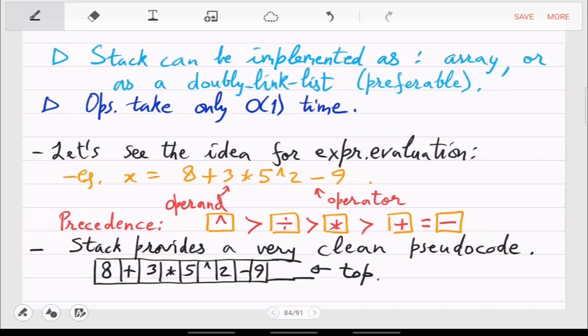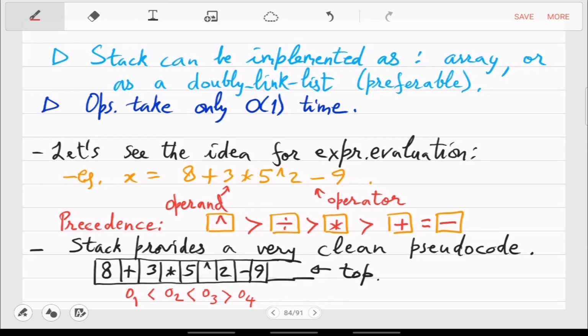So I will need some labeling. This is operator 1, operator 2, operator 3 and operator 4. Right, so you have 4 operators and the remaining things are operands. They are 5, 8, 3, 5, 2, 9. So what do you know about the precedence of the operators? O1 is greater, less or equal to O2? So O1 is less. And what about O2, O3? O3 is also less. And what about O3, O4?